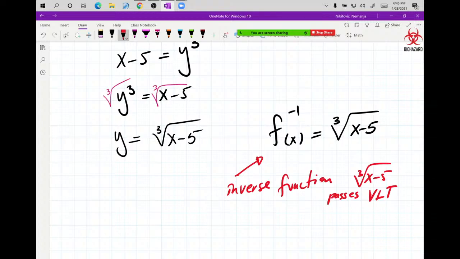How are you giving it the vertical line test without graphing it? Oh, those are my divine powers. I know what all of these graphs look like. In your case, if you don't know what this graph looks like, you're either going to create the graph by picking points and figuring things out, or you're going to take the calculator and graph it in a calculator. I know what the graph looks like, so I can just write it down and move along. But if you don't know what the cube root of x graph looks like,